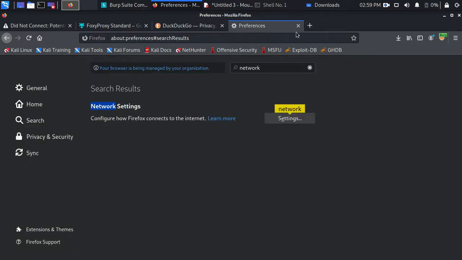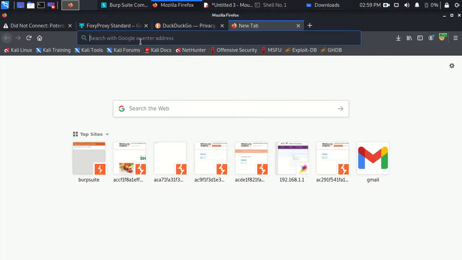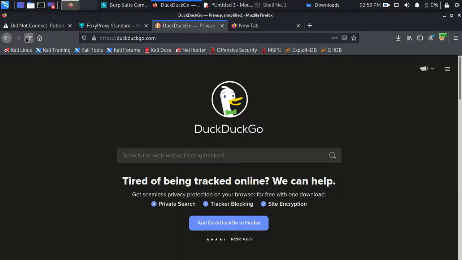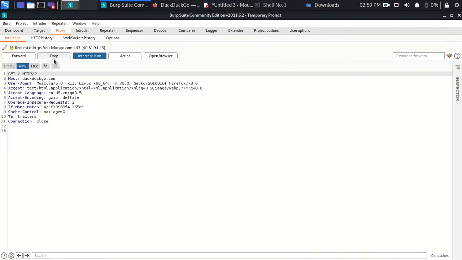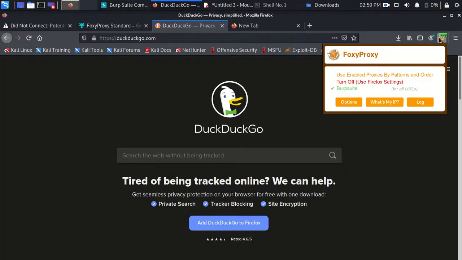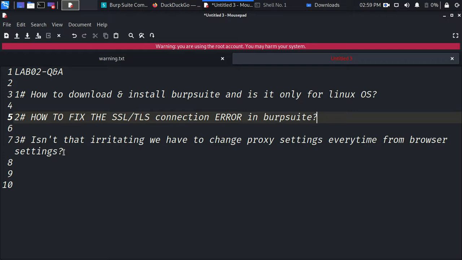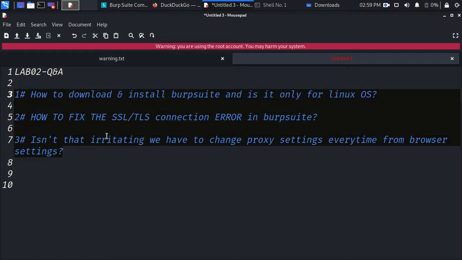Now if I go anywhere like DuckDuckGo or somewhere else, see, I can capture the request and forward it. And if we close this and press enter again, our request does not go to the Burp Suite, right? So these are the questions I got from you guys from lab number 2.